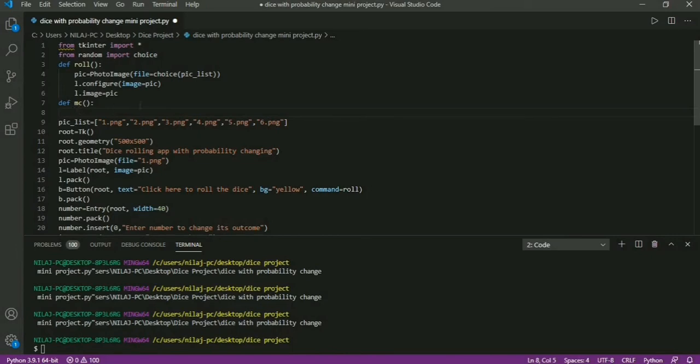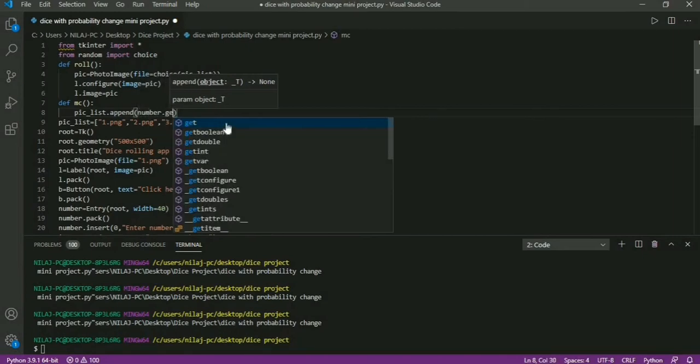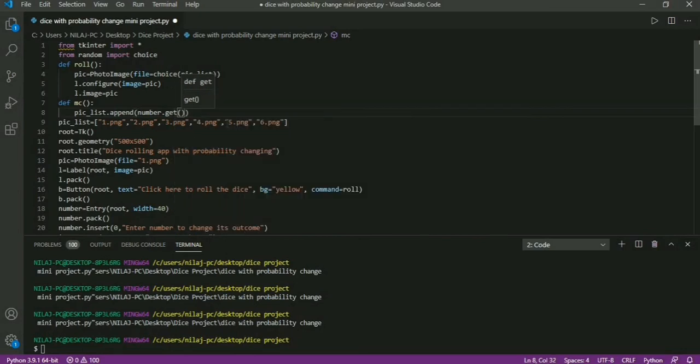So I will use append method, pick list dot append, and here I will pass number dot get, and here I will use string formatting, number dot get dot png. Now it's done. But what if user enters 8, 9 or 10? Then you have to check for it.